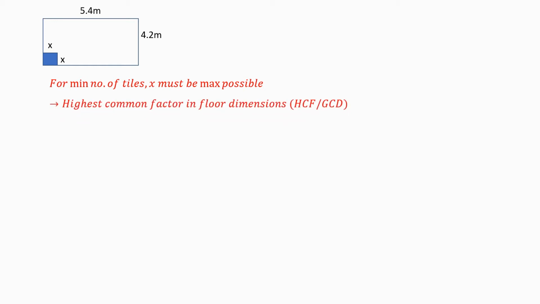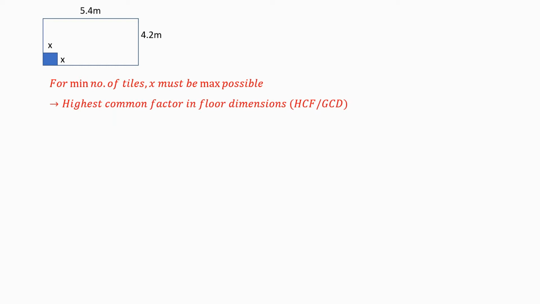Assuming that is the floor, we have the dimensions of 5.4 meters by 4.2 meters and a sample square tile with dimensions x and x. We need to find the minimum number of the blue tiles. So for us to obtain the minimum number of tiles, x must be maximum possible. And that means we need to find the highest common factor in the floor dimensions, that is the HCF or